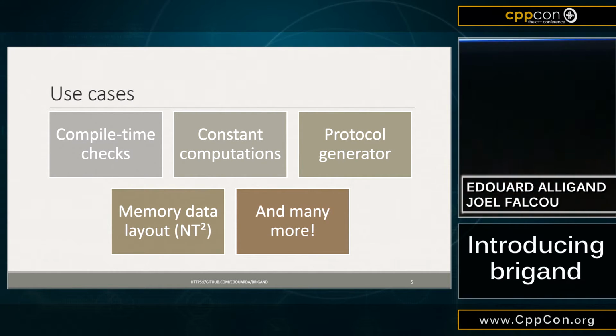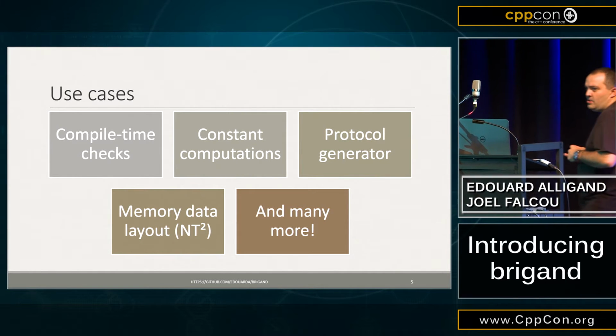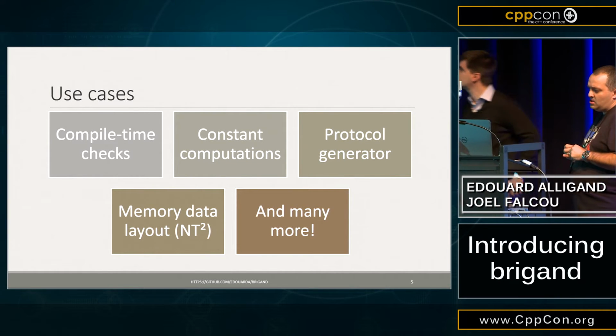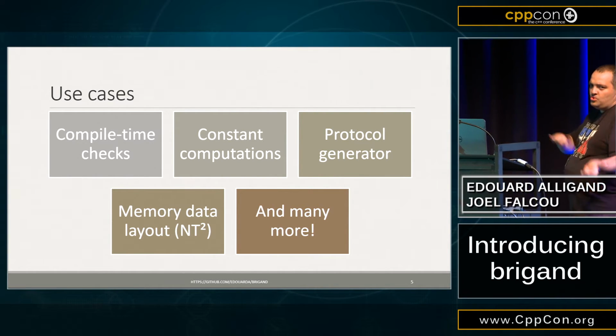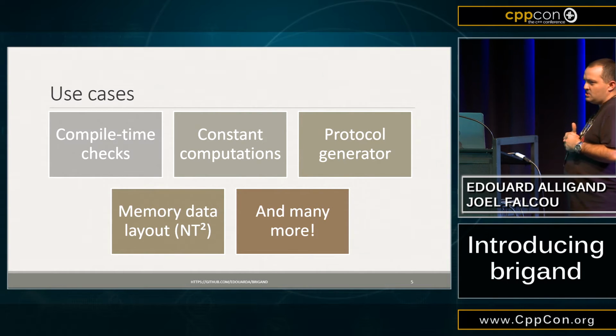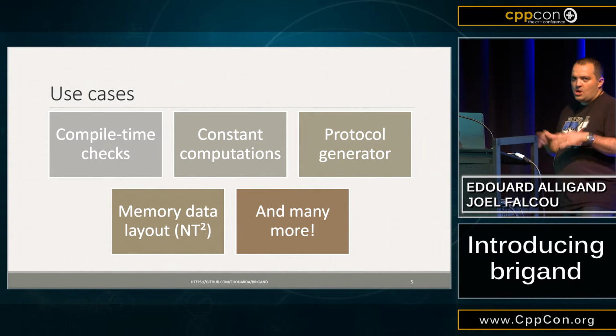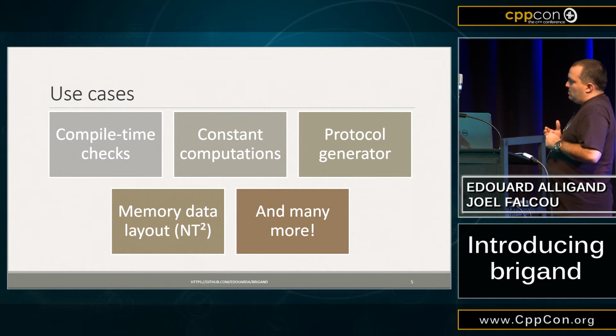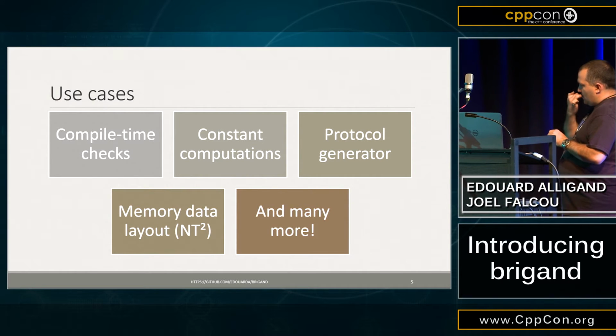So we use it to handle different kinds of problems related to memory layout. We have some kind of automatic structure of arrays to array of structures converter. So you can actually write an array of structures, and we generate the properly laid out memory layout on the fly. We also have something that computes complex function return types, where you try to build a large data flow that combines multiple tuples and stuff like that. And it's available with the Boost software license, so you can just use it.